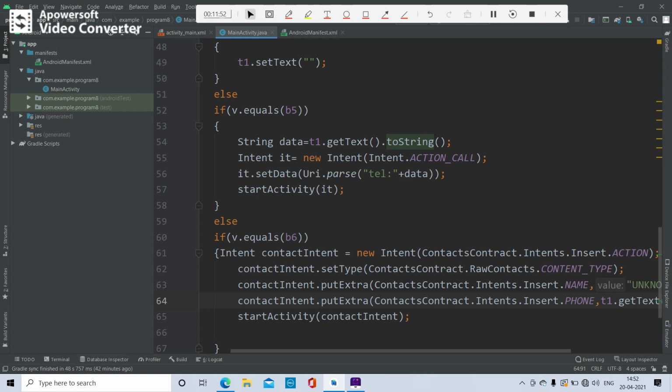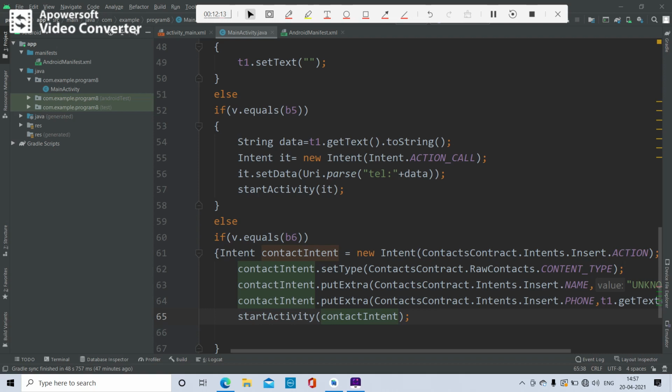ContactsContract, that is the phone number's contract, and then you have to say startActivity(contactIntent). You know why an activity is used. An intent is a messaging object you can use to request an action from another app component.